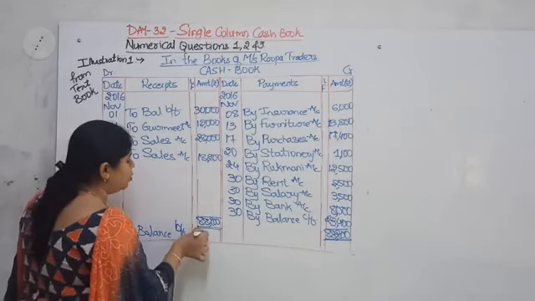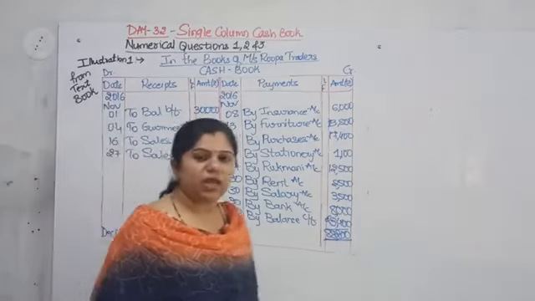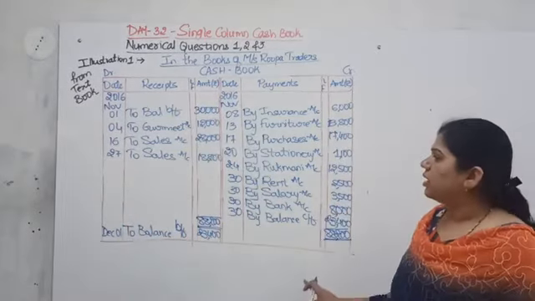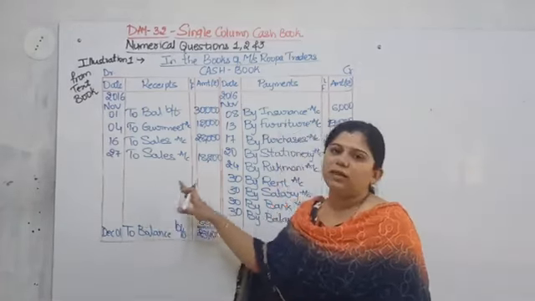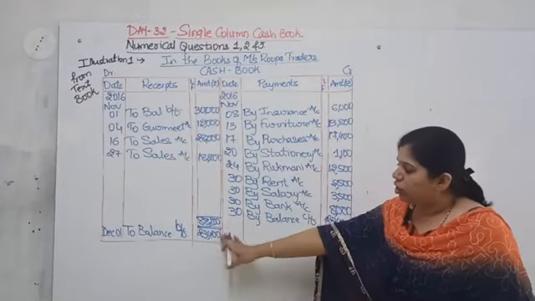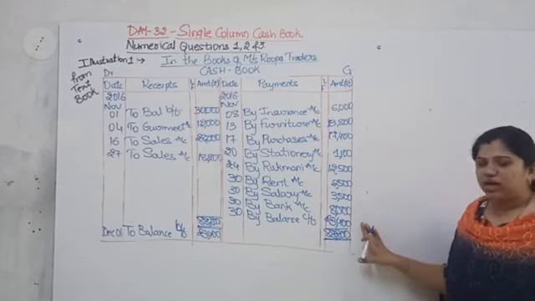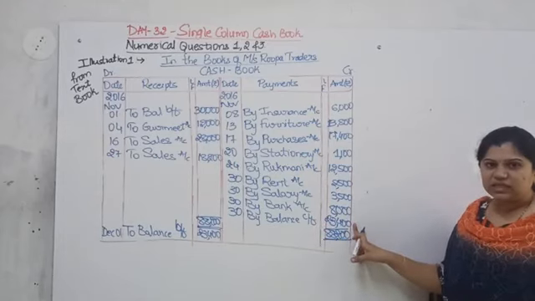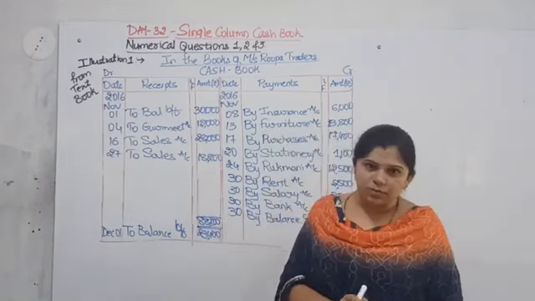And what is the amount? 23,400. Okay, in this way you are going to prepare the cash book. Very, very simple. Money came, write it on the receipt side; money is going, write it on the payment side. Do the total of the debit side, take it on the credit side, subtract whatever items you have, find out what balance is left, and take it forward for the next month.